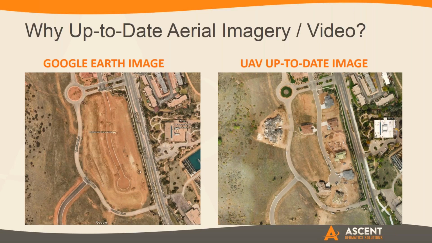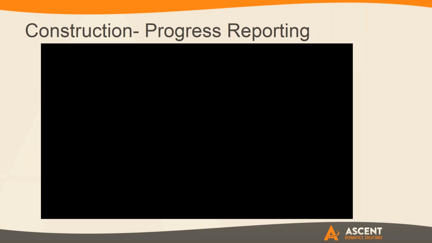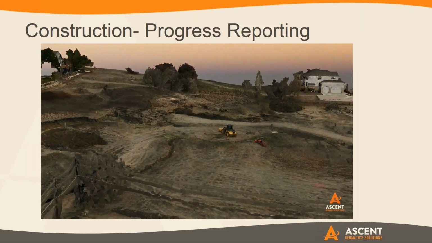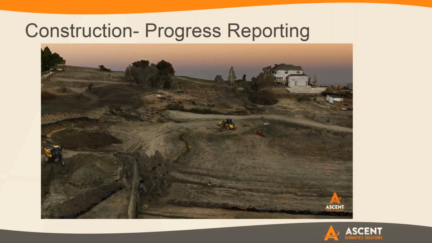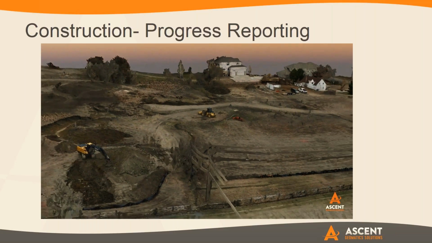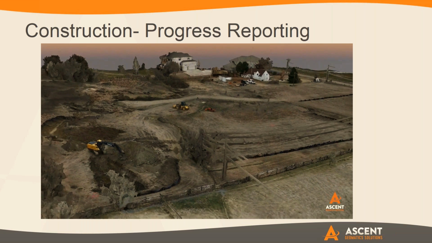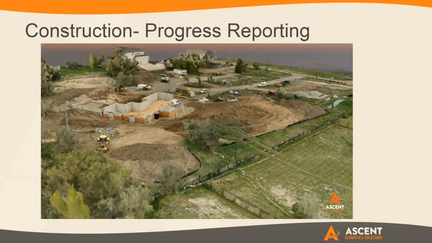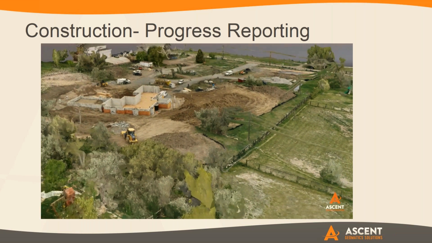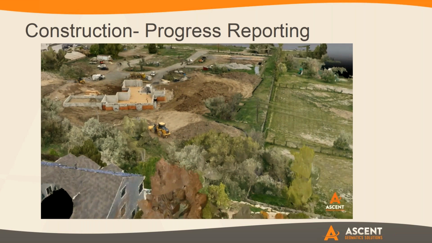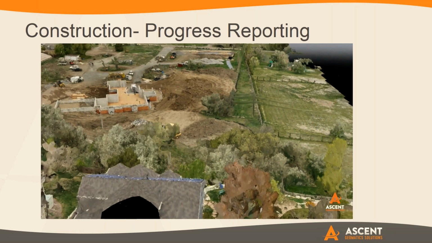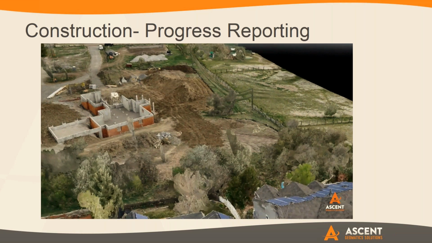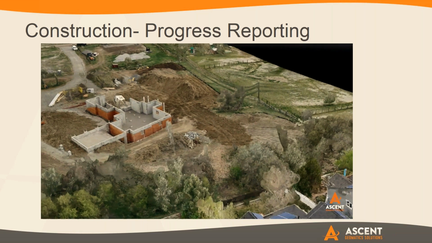Yeah, and I think even the next slide ties right into what you're just saying. Once a provider goes out on the front end and you establish that control, you can repeat and come back and get that progress, again, that legacy concept. What did it look like over time? This example is just a little land development project we've been involved in, where we've gone out periodically at key milestones, key pours, so you can start to see how it actually looks. And because we're tying down the ground control, it's a real survey, so we're able to lay in the actual plan and design work and see how it is coming together.